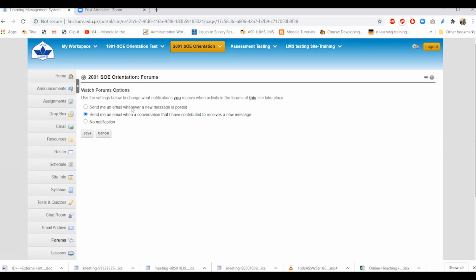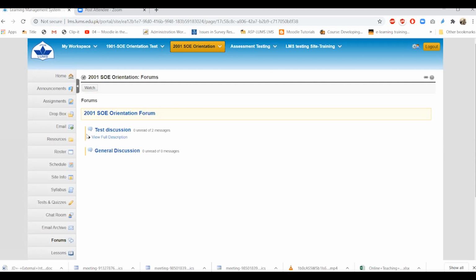Send me an email whenever a new message is posted. Send me an email when a conversation that I've contributed to receives a new message, or no notification at all. For now, I'm opting for this option, but it's up to you if you want to opt for either of these options, and save. So I won't get any notifications regarding the discussions.